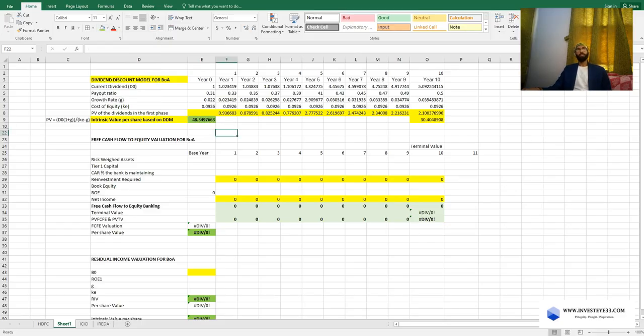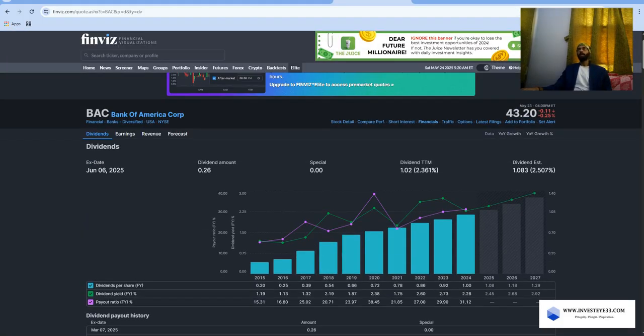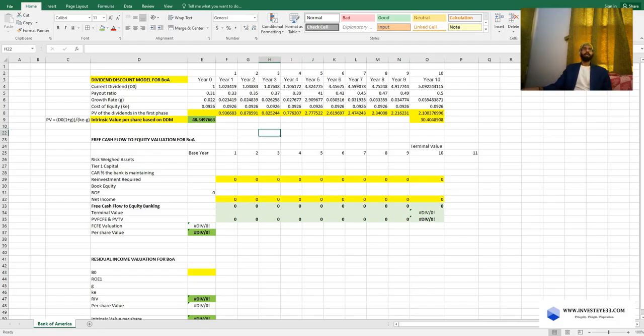Now currently if you check the valuation of Bank of America, you will see, let me show you, it is 43.2. So if you ask me, according to my calculation, still even in these market scenarios, Bank of America is still undervalued, right? Considering that the payout ratio is going to keep on increasing till the 10th year from now,